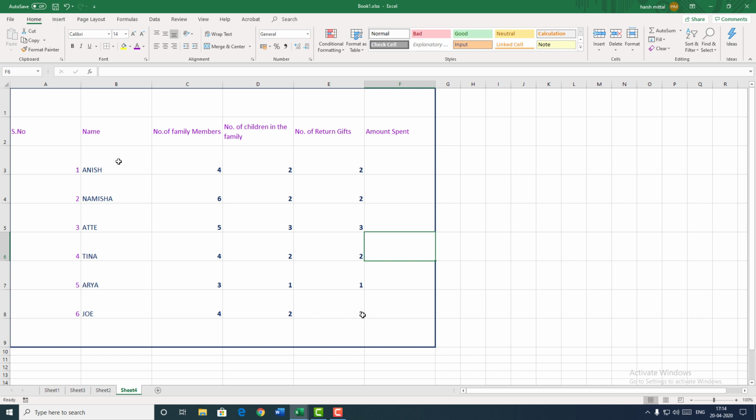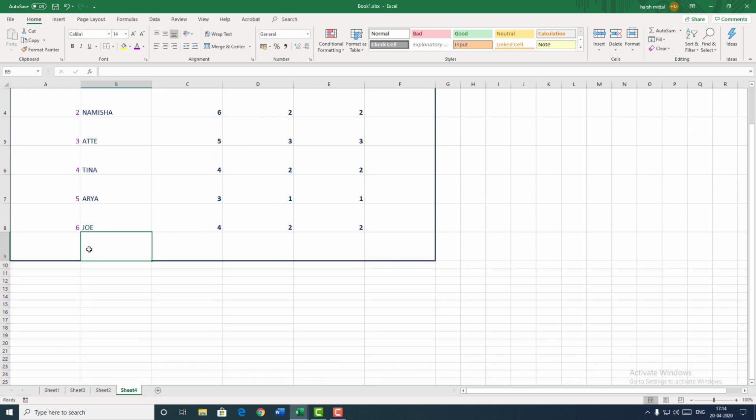So I have got the data now ready with me. I have the name of the friends, I have the number of family members. This all is fictitious data, children. This has got nothing to do with reality. If you want, you can plan it for your actual friends. Otherwise you can take the name of any friend that comes to your mind. Now once we have filled in all the data, what we need is, in the end, we want here